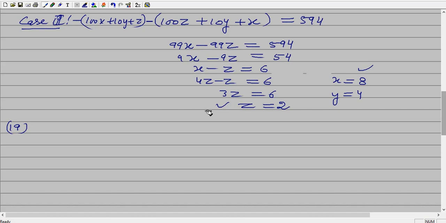Example 11: 6 years hence a man's age will be 3 times his son's age, and 3 years ago he was 9 times as old as his son. Find their present ages. And example number 12: the age of the father is twice the sum of the ages of his 2 children. After 20 years his age will be equal to the sum of the ages of the children. Find the age of the father. So very similar questions are given in the examples as well as in the exercise.